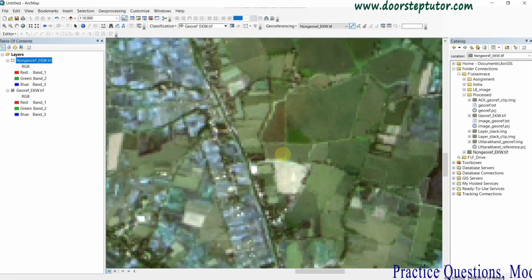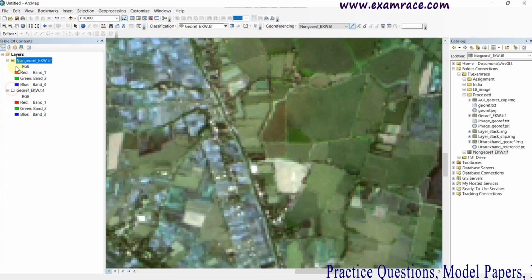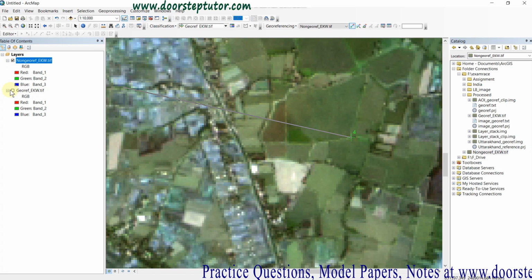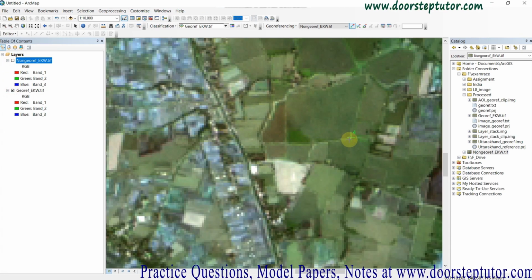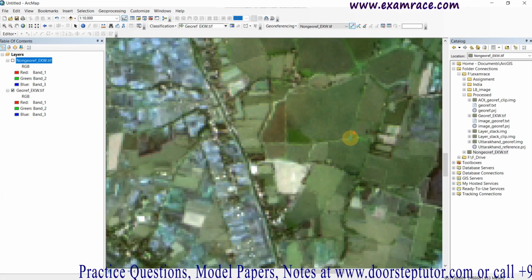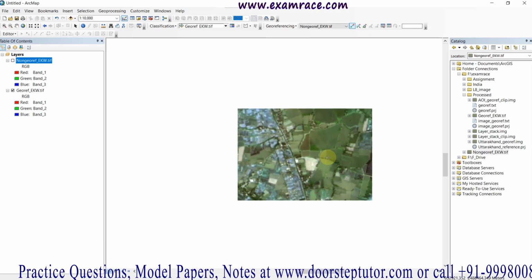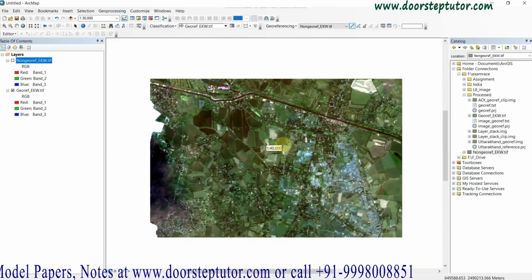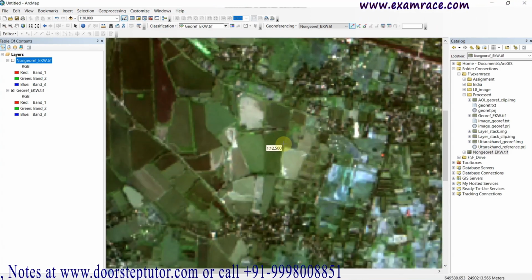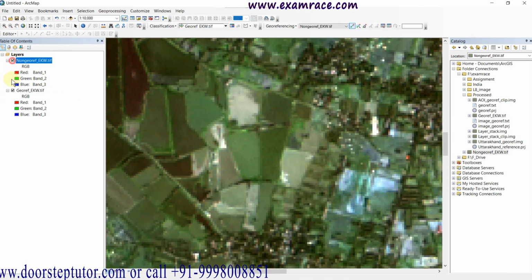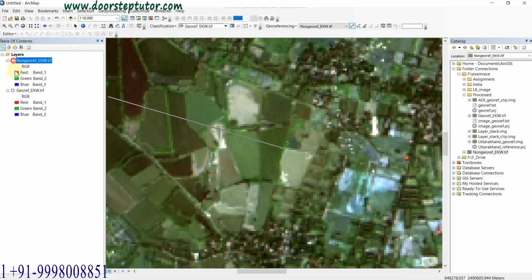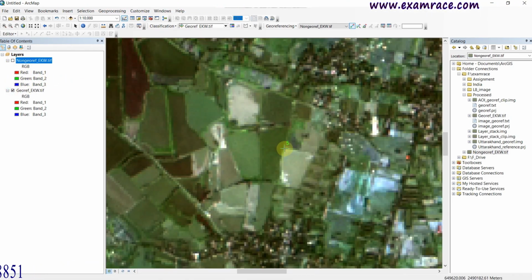Now I am going to take another point on the non-georeference image, turn off the non-georeference image. Fourth point. Now I am going to take, okay, fifth point.